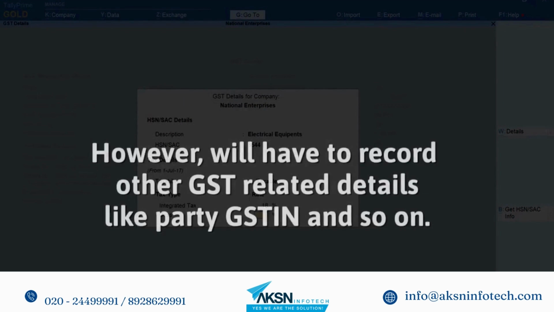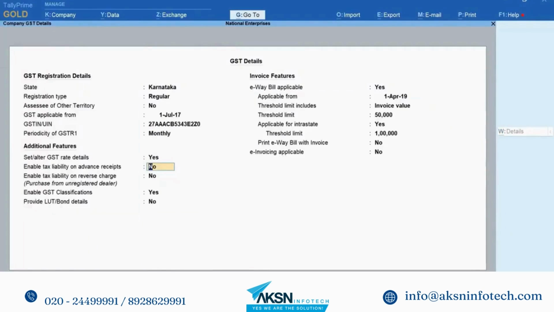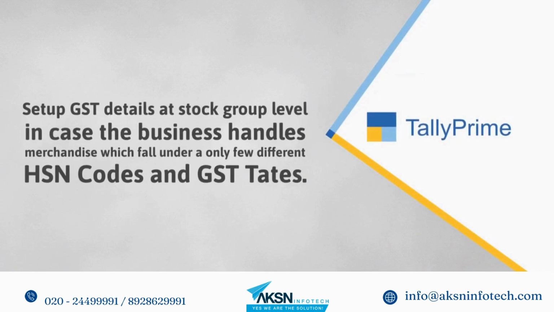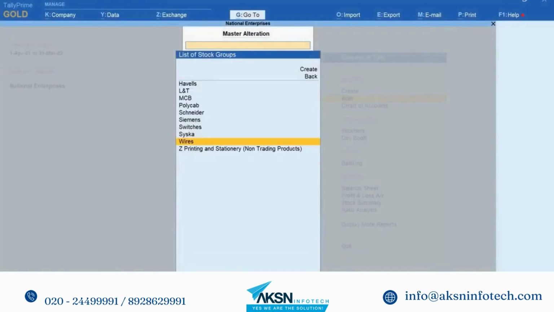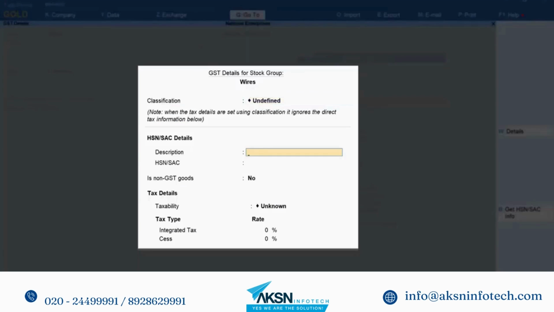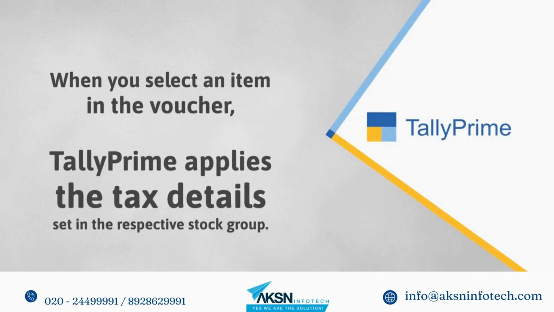इन जानकारियों को किसी और मास्टर में सेट करने की आवश्यकता नहीं है। आपको बाकी जीएसटी संबंधित जानकारी एंटर करनी पड़ेगी जैसे कि पार्टी का GSTIN इत्यादि, पर आइटम्स की जानकारी नहीं एंटर करनी पड़ेगी। आप जीएसटी की जानकारी स्टॉक ग्रुप में भी सेट कर सकते हैं यदि आपके बिजनेस में उपयोग में आने वाली कुछ आइटम्स ऐसी हैं जिनका HSN कोड और जीएसटी रेट्स समान है। आप हर ग्रुप के लिए भिन्न स्टॉक ग्रुप बनाकर भी स्टॉक ग्रुप मास्टर में जीएसटी की जानकारी सेट कर सकते हैं।